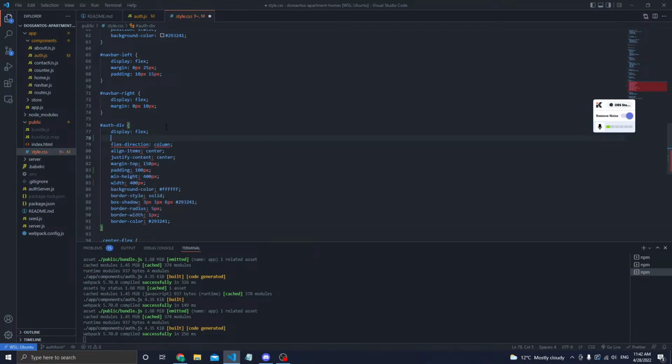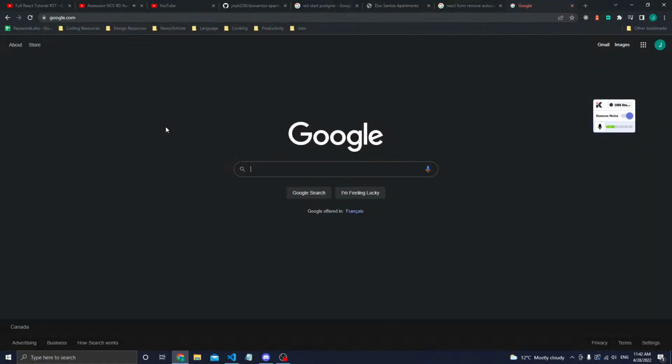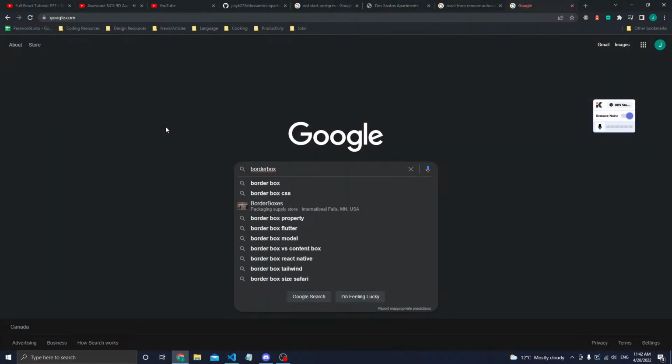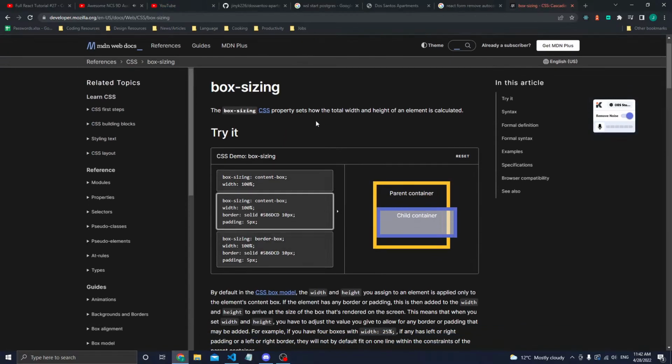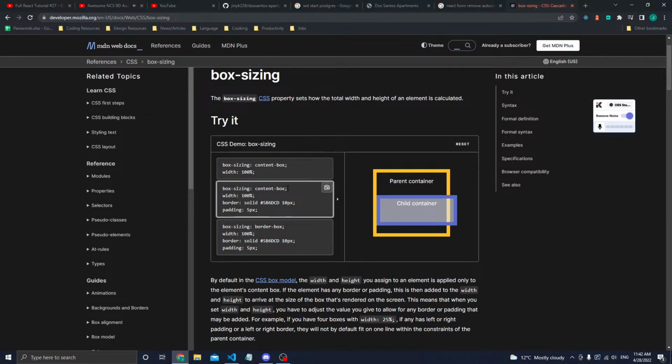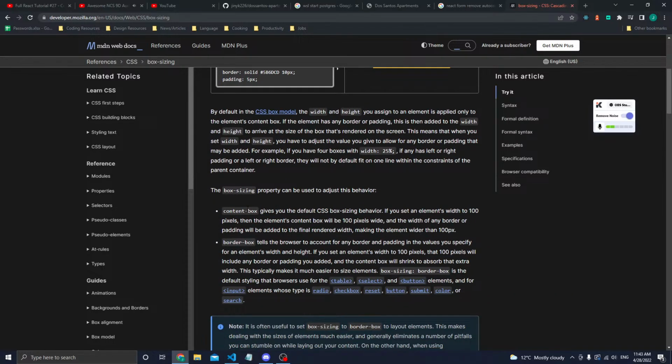This, not display. See border box sizing. So we have two different types: content box and border box. Border box tells the browser to account for any border and padding in the values you specify